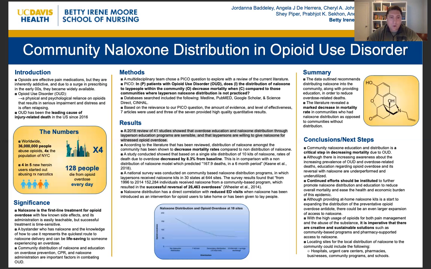With the high usage of opioids for both pain management and substance abuse, there must be creative and sustainable solutions such as community-based programs and pharmacy-supported access to naloxone. Furthermore, locating sites for the local distribution of naloxone to the community is an important step. These sites could include hospitals, urgent care centers, pharmacies, businesses, community